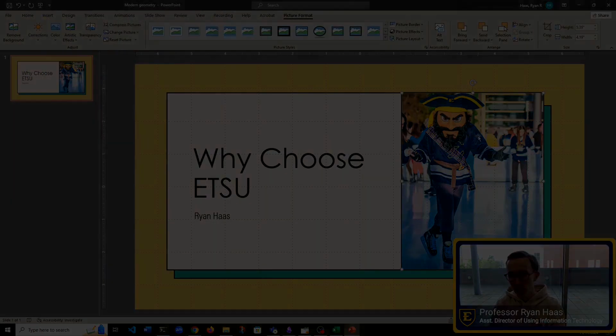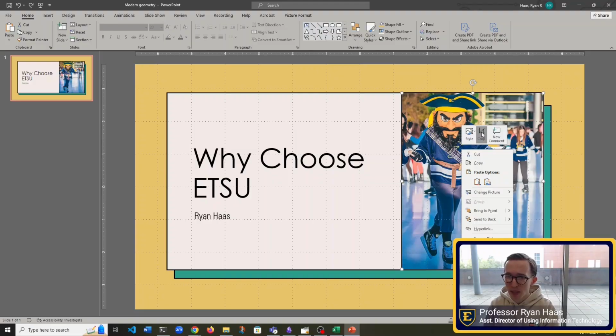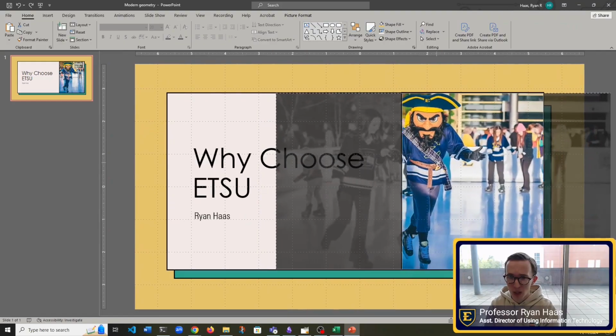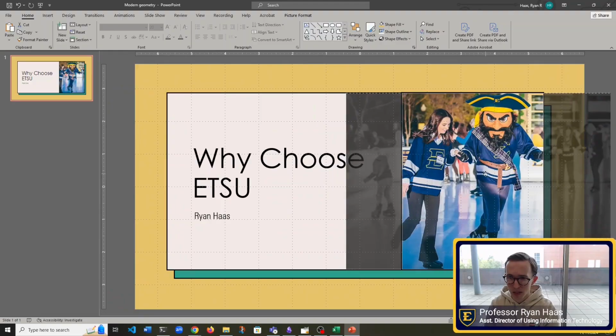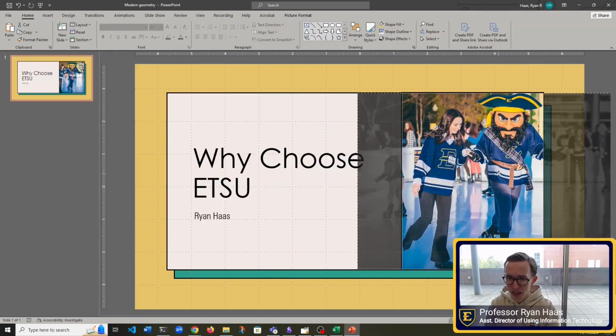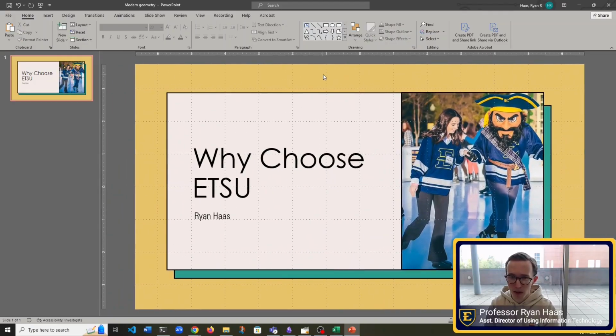And there we go. So now I have my picture inserted, but I don't like this part of it that's showing. So if I right click on the picture and I say crop, I can actually shift over, so I'm left clicking and dragging over to bring the part that I want into the frame. So that looks better. And now if I click off of this, so I'll click up here, that's the part that gets cropped. That looks better. Now, so that's how we can insert images.